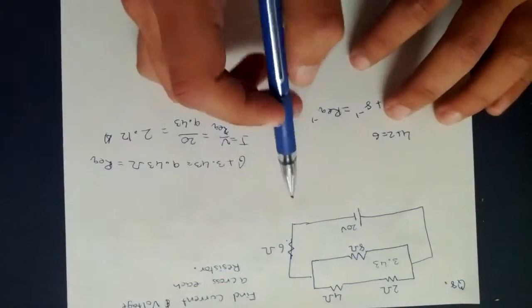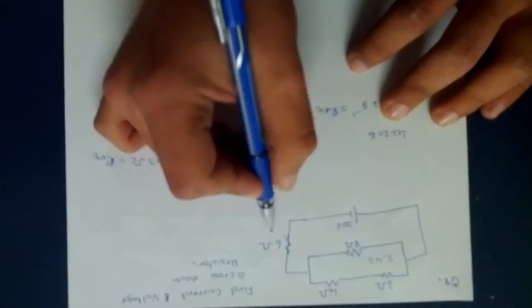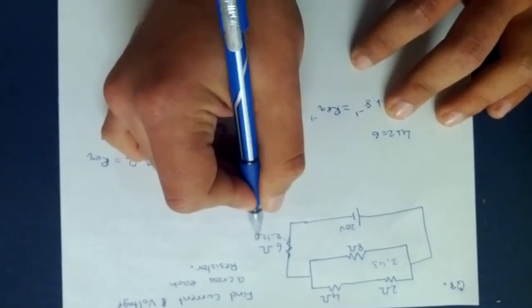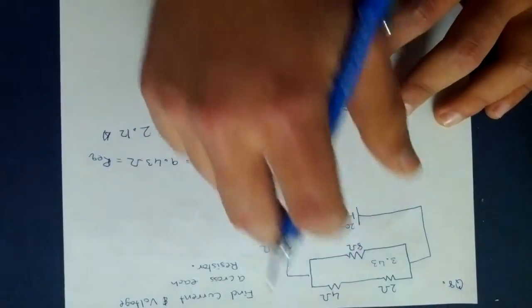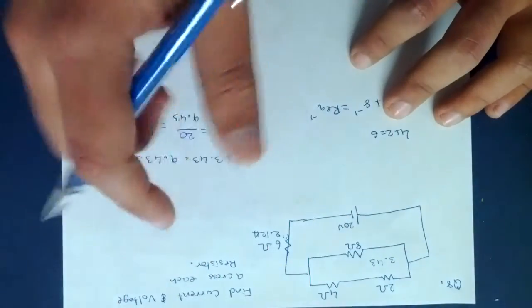Alright, so if we treat this as a series circuit, what do we know? The current's going to be the same, so we can write 2.12 amps over here, because the current just goes the same. Only for this, not for these. There's a different way to do that, which I'll do